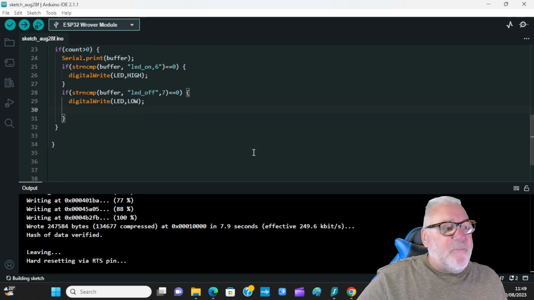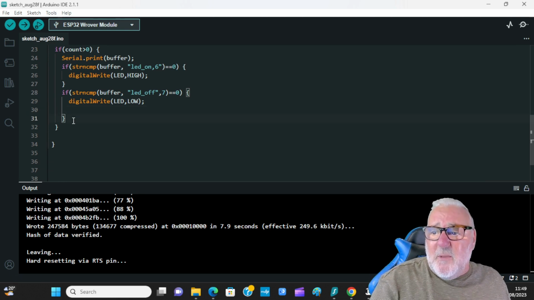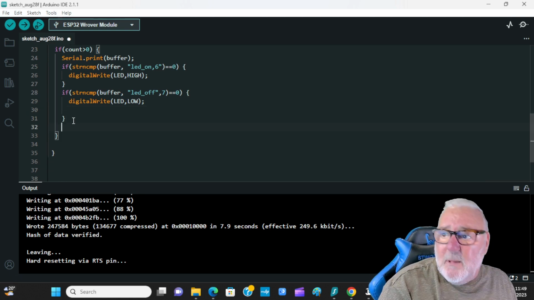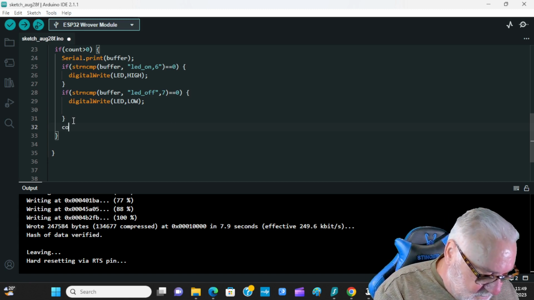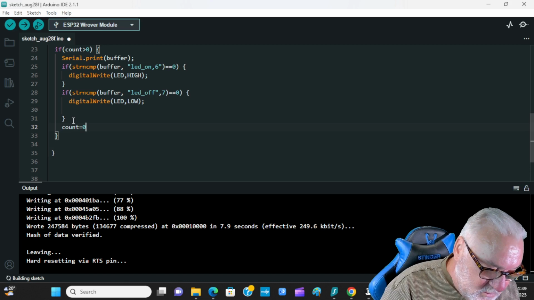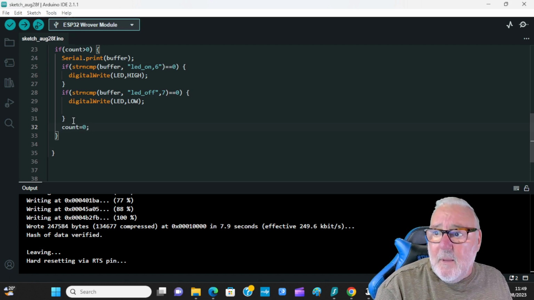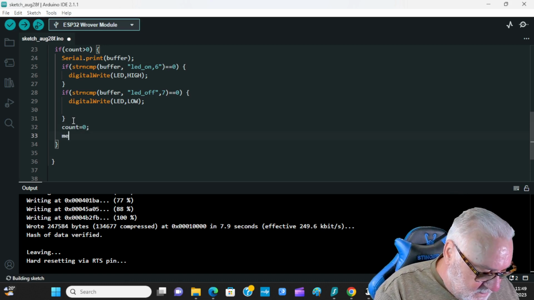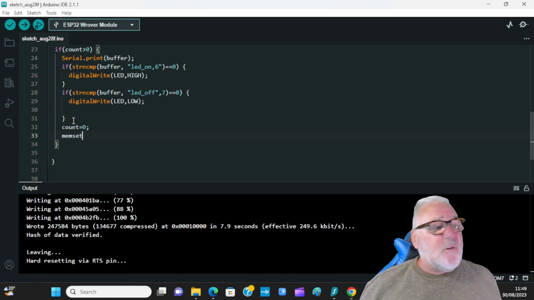Come down a bit. From outside the curly brackets, and it's count equals 0, semicolon, enter. Memset, so set the memory,